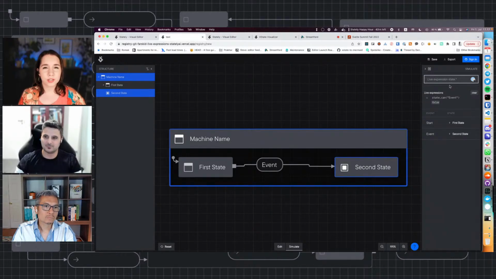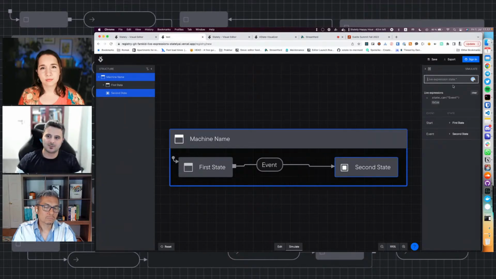And what kind of use cases would you have, what kind of things would you be looking out for in simulation mode? What would you use the expressions for? Well, the inspiration for this feature has been the Chrome DevTools live expressions, but when I use XState myself, most of the time I find myself validating the model that I created by plugging it into a web framework like React or Vue and trying to make a view for it and see if it works in practice. So for that, I subscribe to the interpreter by saying, hey, log me all the events that you receive, or tell me when you're transitioning, what's the new value of the state, what's the context holding right now.